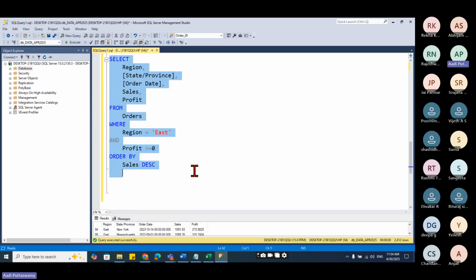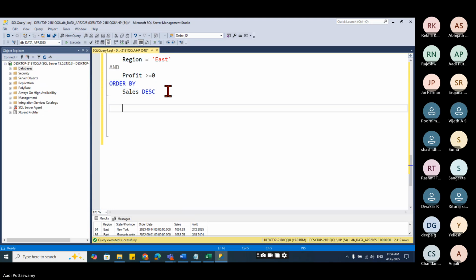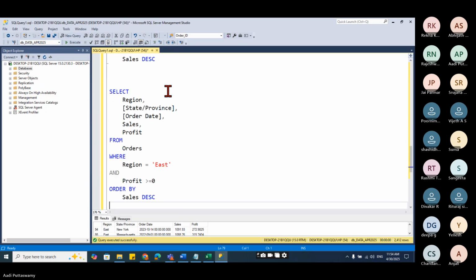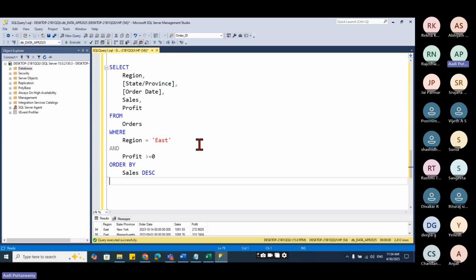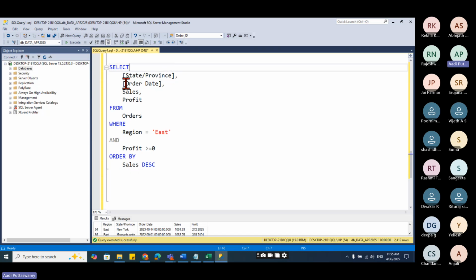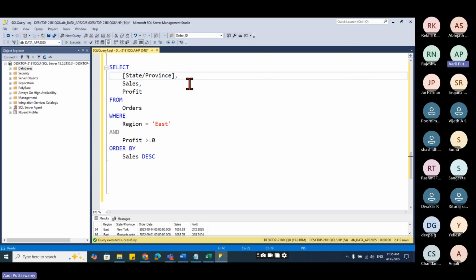In this data, I want to get the top 10 states, where I'm getting the top 10 state values based on sales. So what I'll do, I'll remove all this. I'll just keep only state and sales.